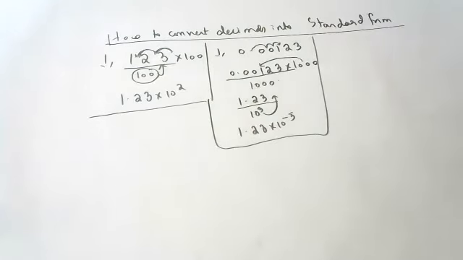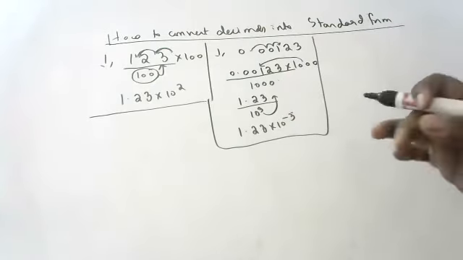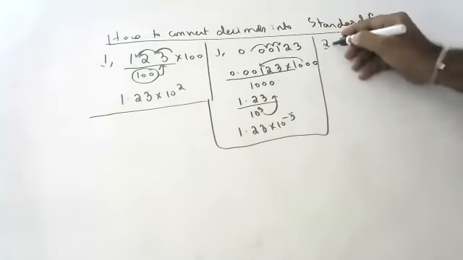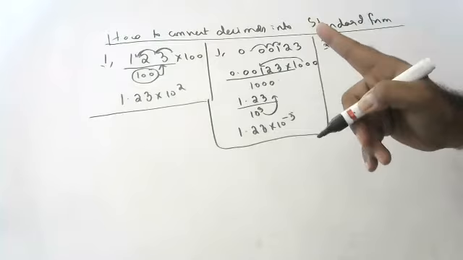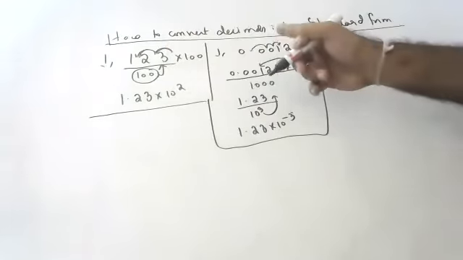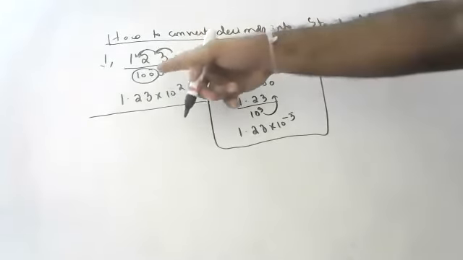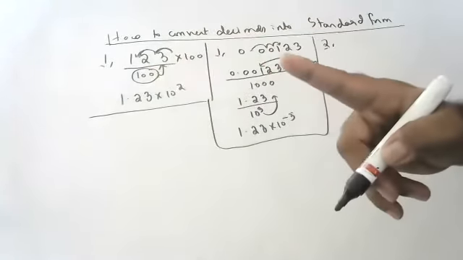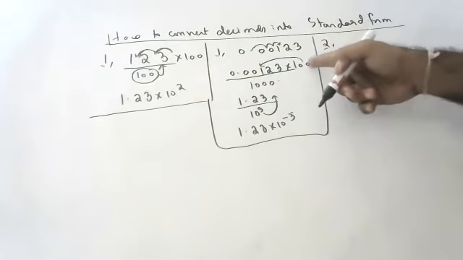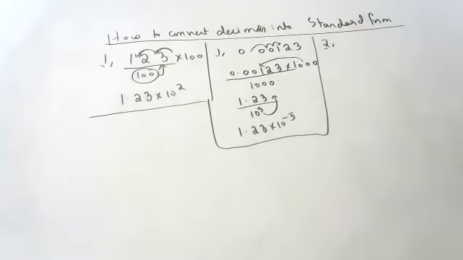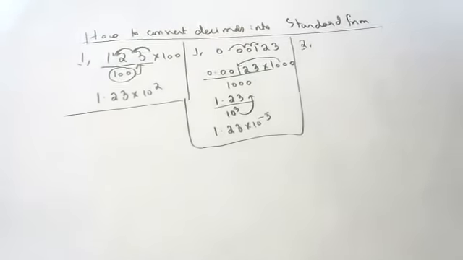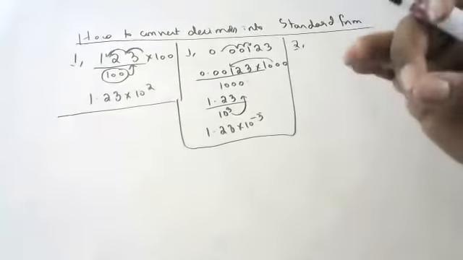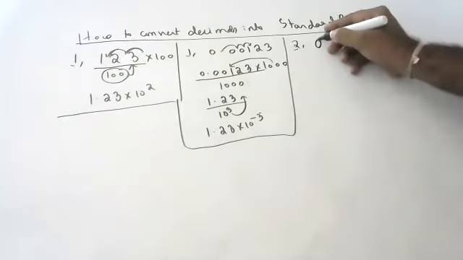Okay, children, if you didn't understand, one more sum I will tell, don't worry. I'll teach you as many sums as you want, but don't get confused. That's why yesterday I did not tell about decimals, children, because normal numbers are different, decimals are not. In normal numbers, we use the denominator for putting the decimal. In decimals, we use the numerator for putting the decimal, children. You should understand that fine difference. I hope you are able to understand. If you don't understand, one more sum I will say.